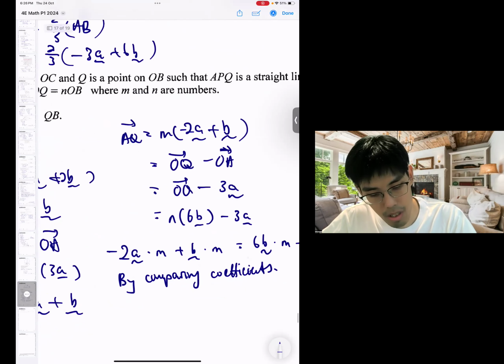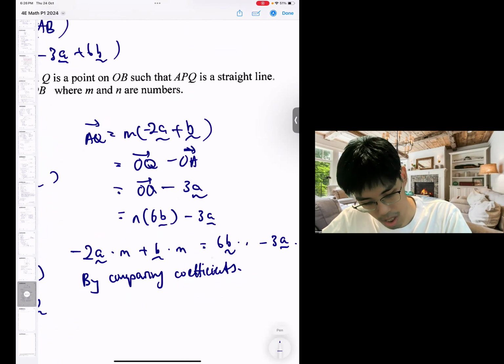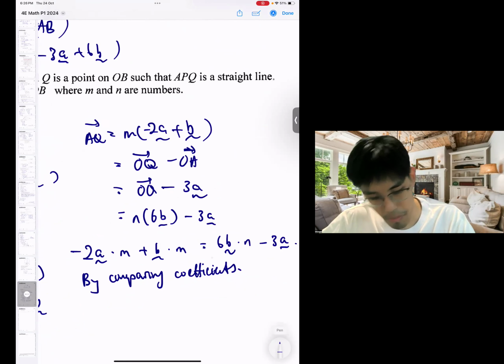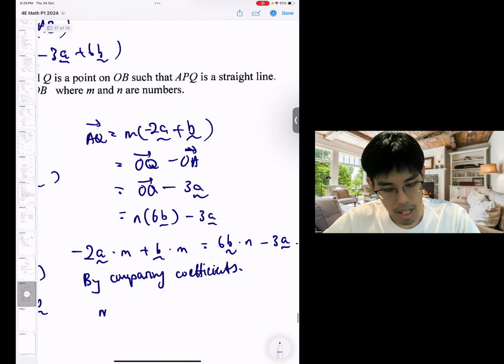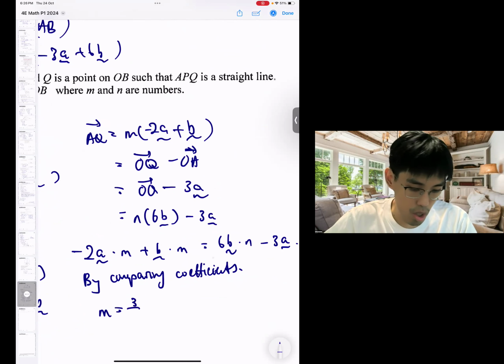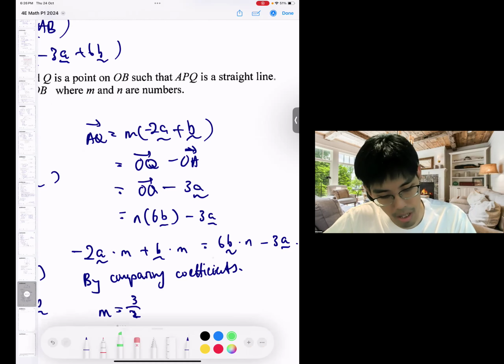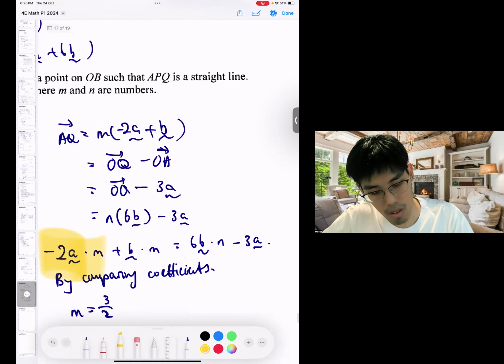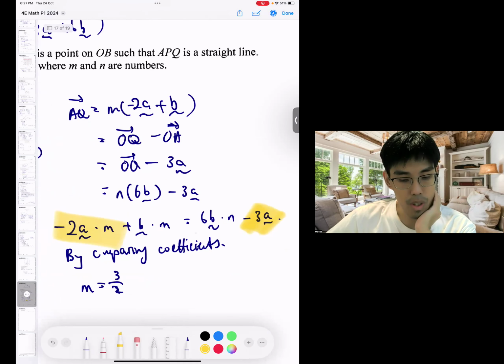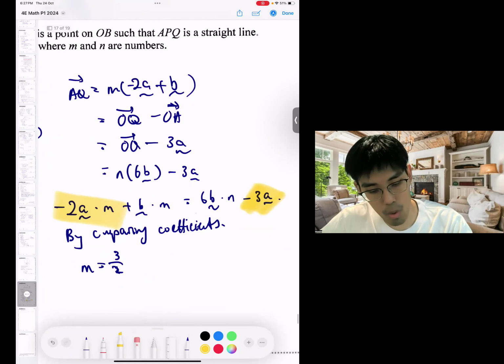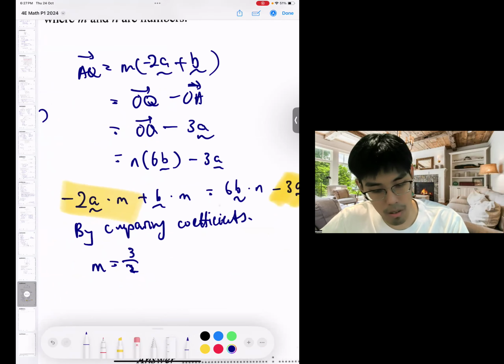By comparing coefficients, like that, m is equal to 3/2. Because I'm comparing this one and this one. Minus 3a times 3/2. Yeah, so m is 3/2. Okay, and by doing so, we can also say that